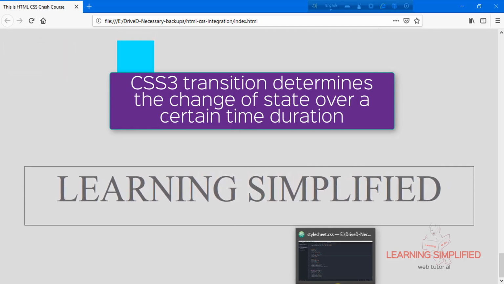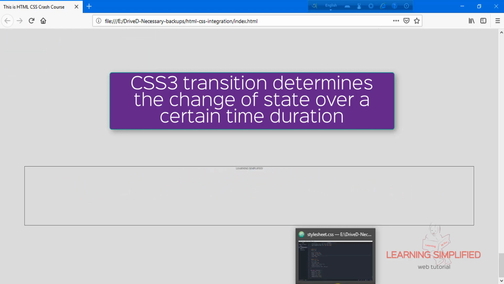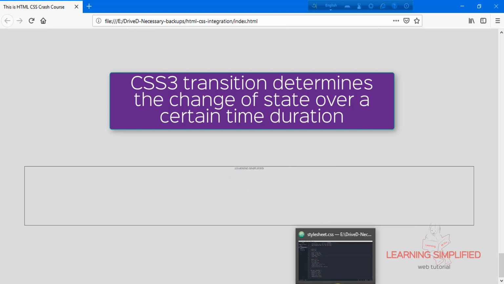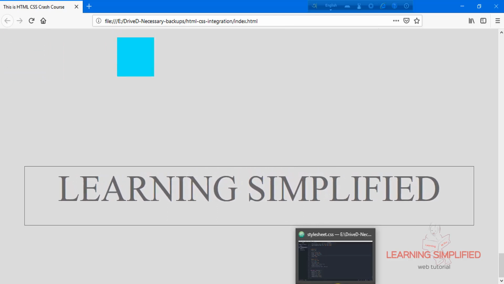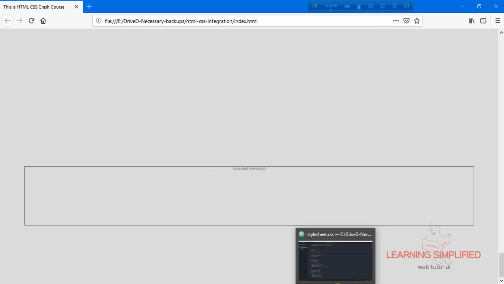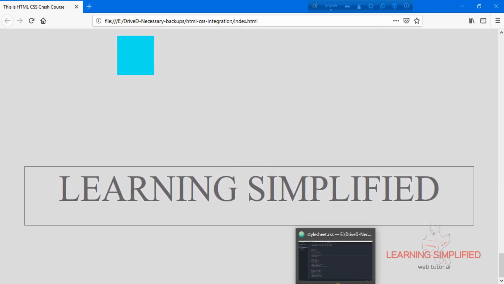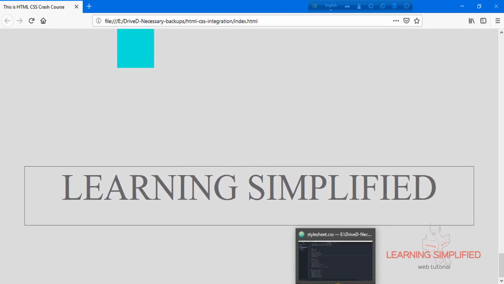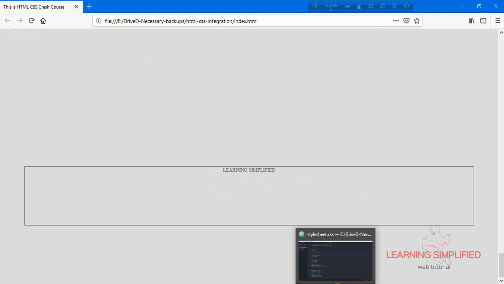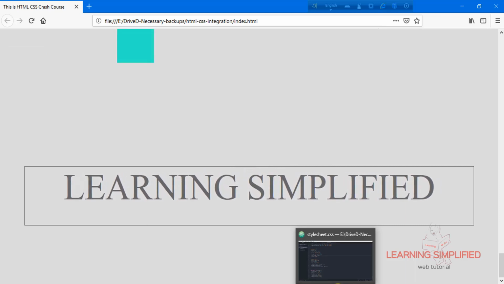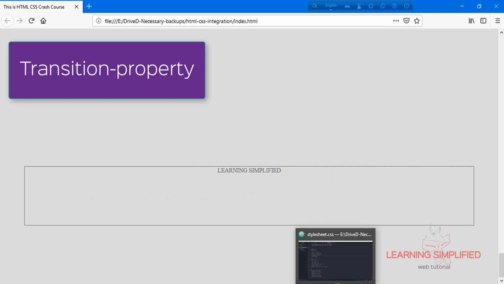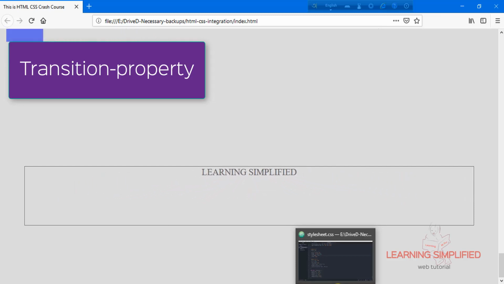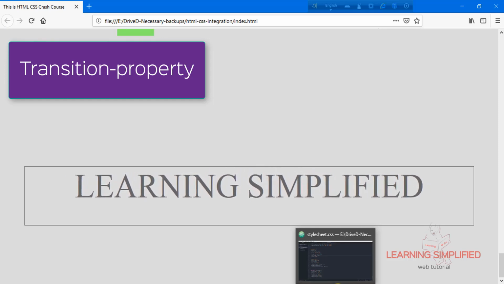So once again, we need a definite duration of time through which this animation will take place, and we will be defining the change of properties from one state to another over that duration. To define a transition on a particular container, we need to mention the transition property itself, that means which property should be changed from one state to another.